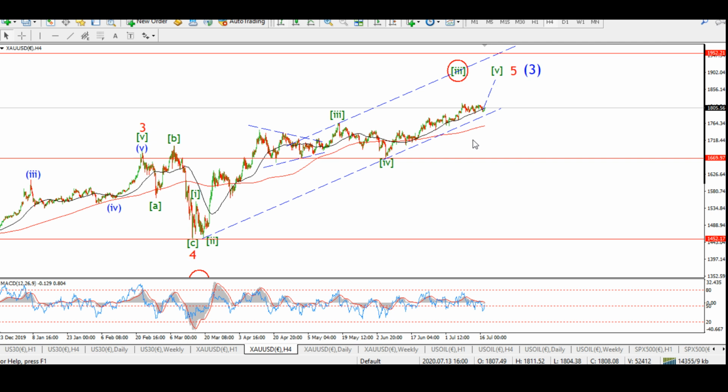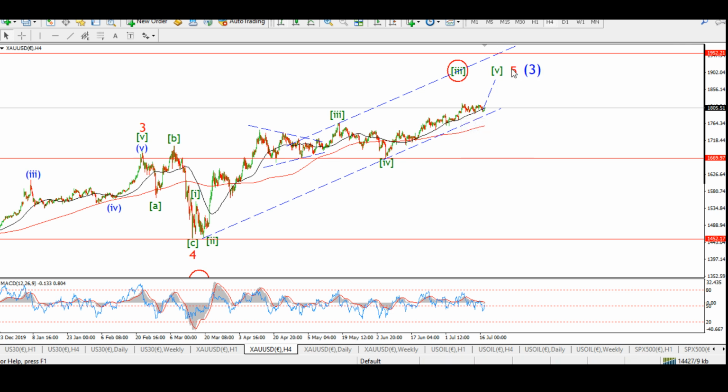So I am a little bit hesitant to call wave 5 done just yet, even though earlier in the week I was pointing to the fact that we're coming to the end of wave 5 of 5 now, and that still could possibly be true. But I do feel that wave 5 needs an acceleration, and it doesn't have it yet. We just seem to be crawling up along this lower trend channel line, and what you would expect in a fifth of a fifth, especially of a third wave, a fifth of a fifth of a third,